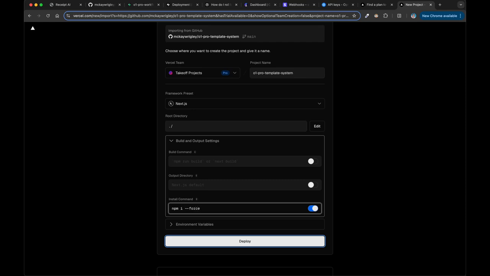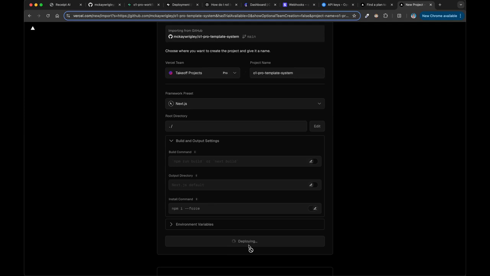The reason for that is we're using Next.js 15 with React 19, and there's a couple of little janks in how the dependencies shake up. So you're going to need to override this install command for the time being. And then you're going to want to click deploy, and this is going to kick off a new deployment of